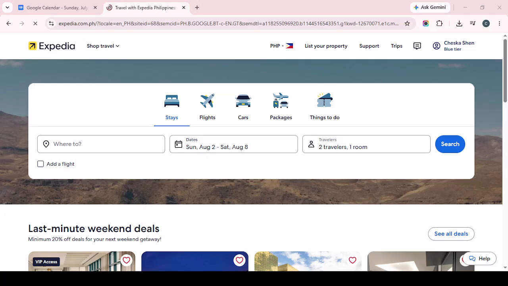In today's video, I'm going to teach you how to add an Expedia trip to your calendar. If you want to keep your travel plans organized and easy to find, adding your reservation to your calendar is a simple and helpful step. It can make it easier to remember important dates, check your itinerary quickly, and keep all of your travel details